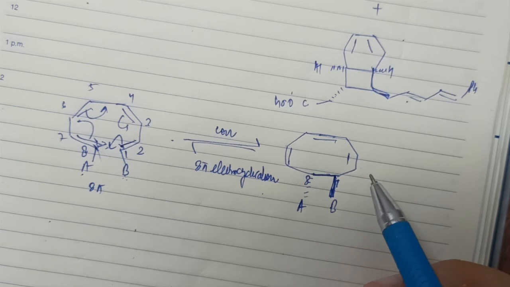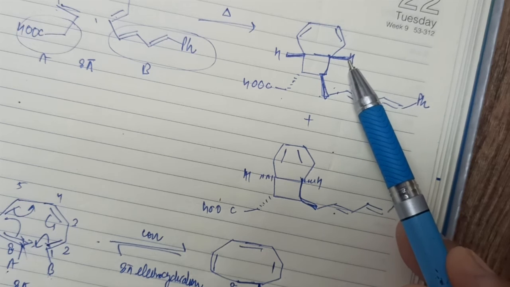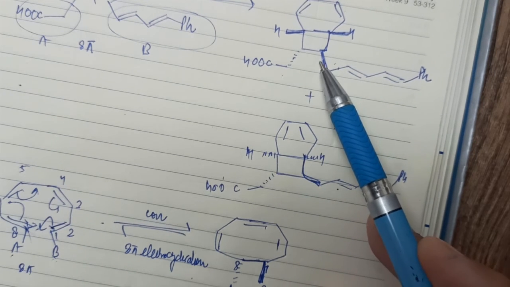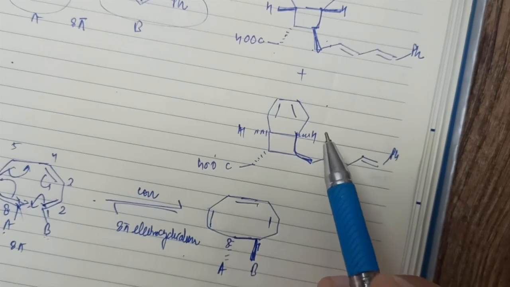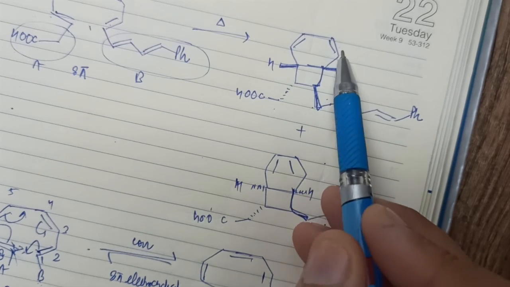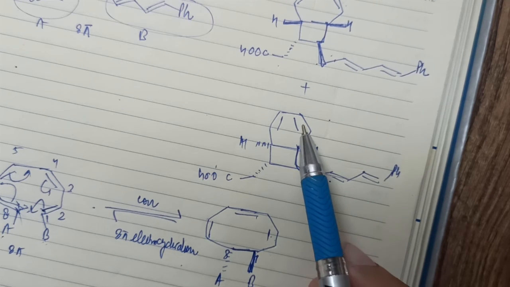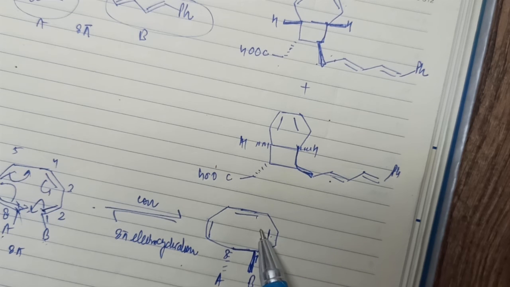Now you can see that the product is not the one we have desired, not this one, but this one. This is not the product we have desired, this is the product we have desired. That means this has 6 pi electrons, and this has 4 pi electrons. It has 3 pi bonds, and this has 2 pi bonds, so it has 1 sigma bond more. That means one can consider this molecule is further